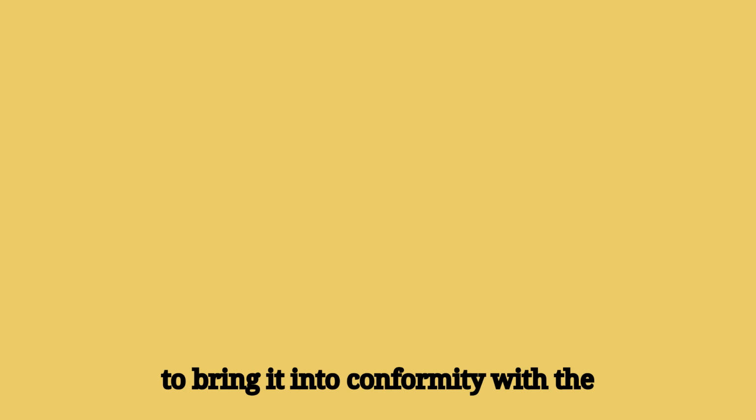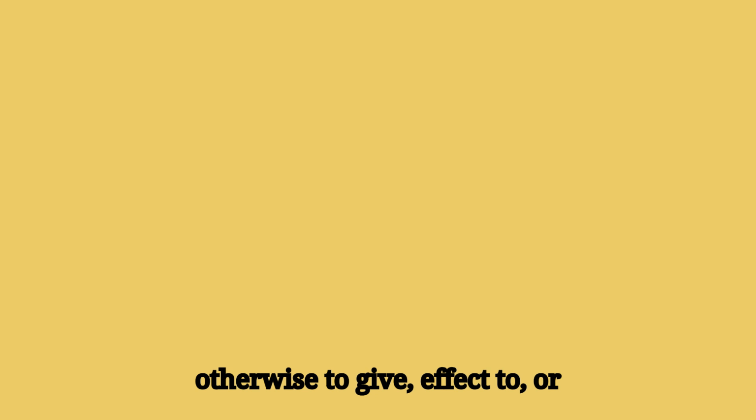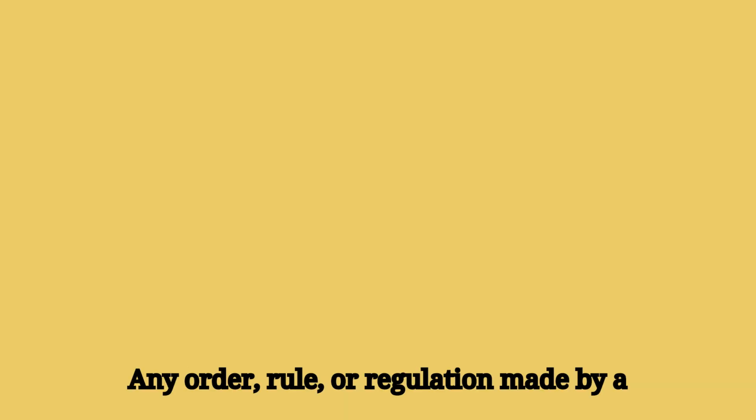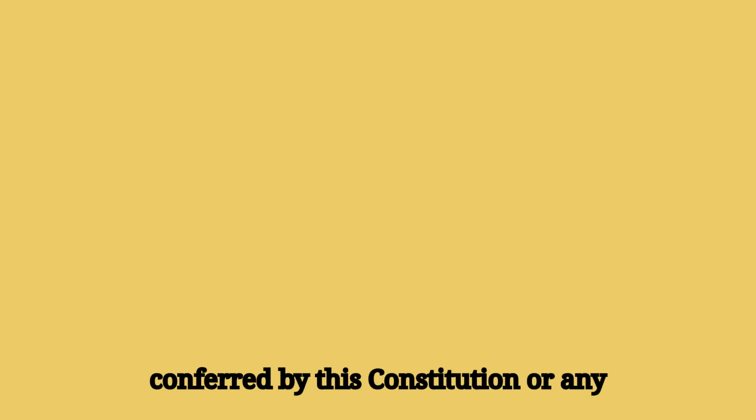6. The existing law shall be construed with any modifications, adaptations, qualifications, and exceptions necessary to bring it into conformity with the provisions of this Constitution, or otherwise to give effect to, or enable effect to be given to, any changes effected by this Constitution. 7. Any order, rule, or regulation made by a person or authority under a power conferred by this Constitution or any other law shall: